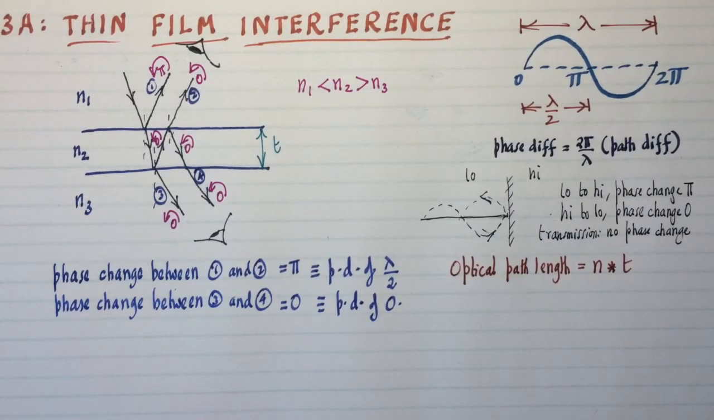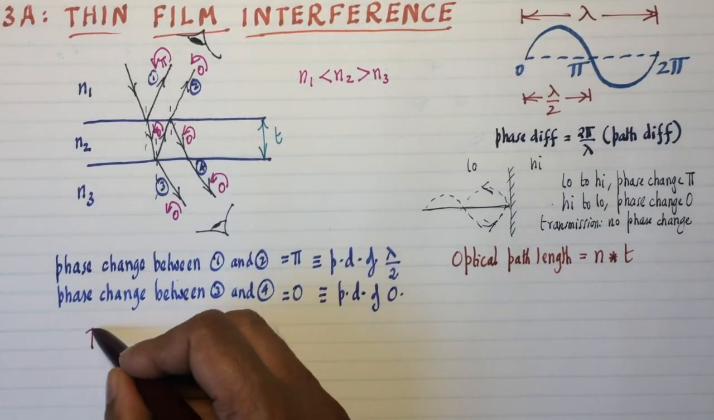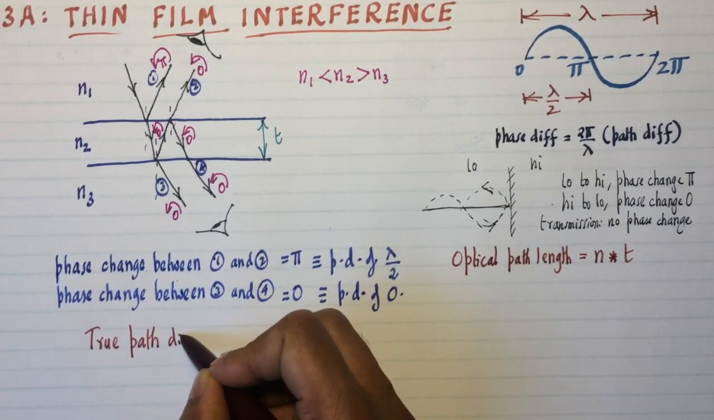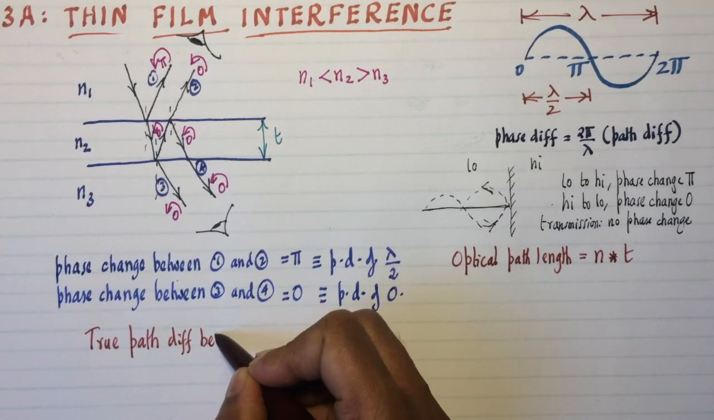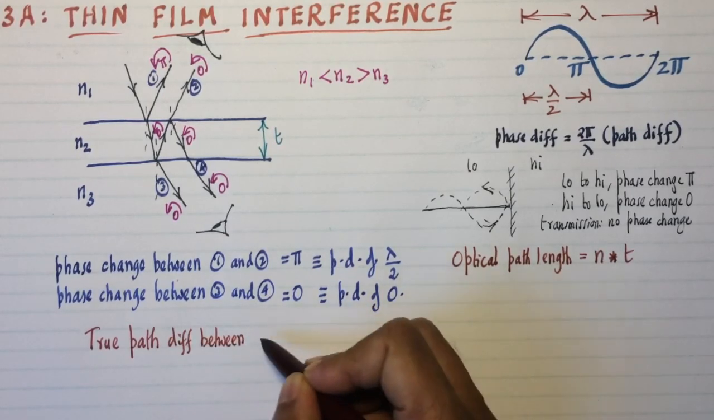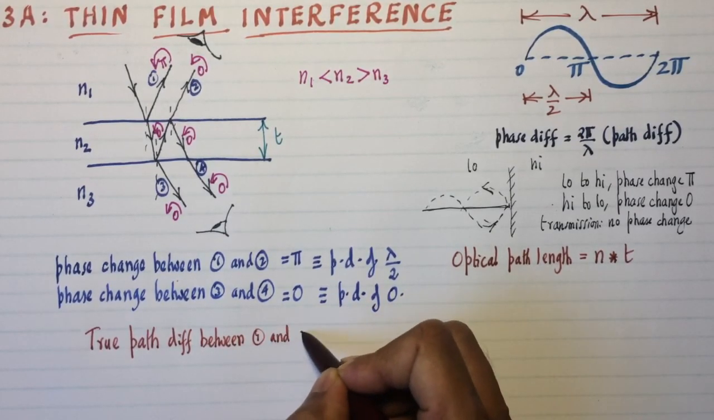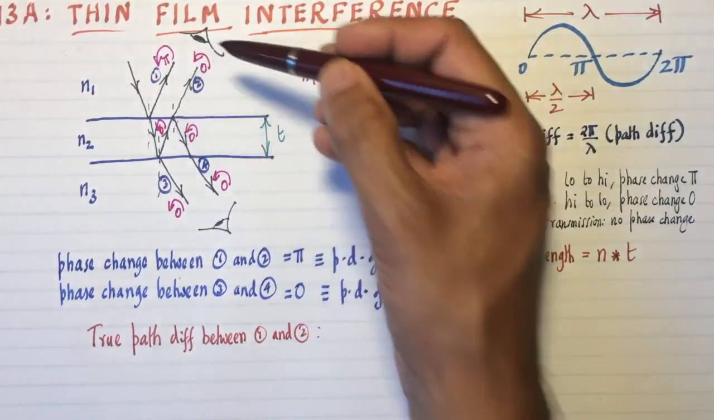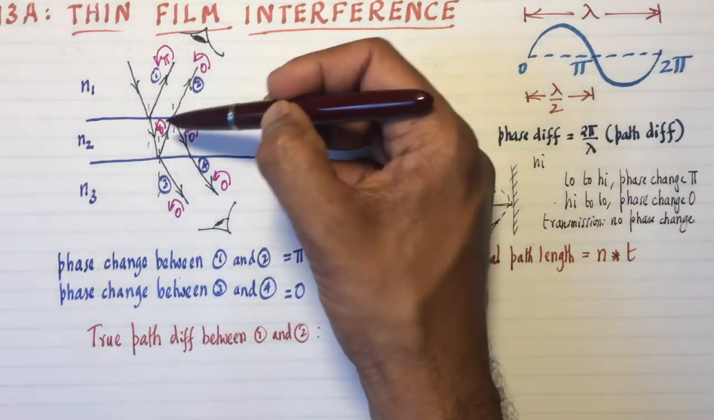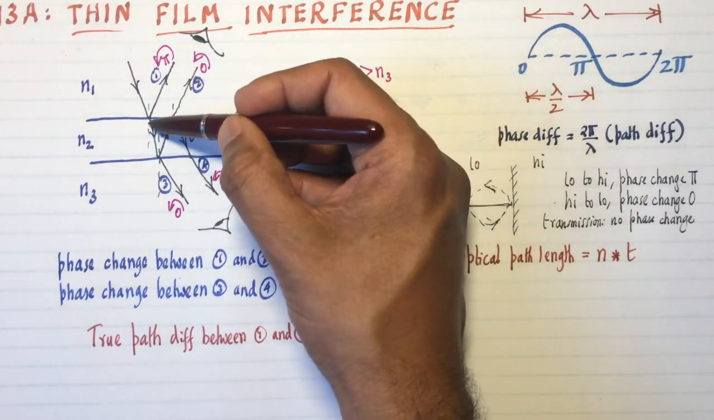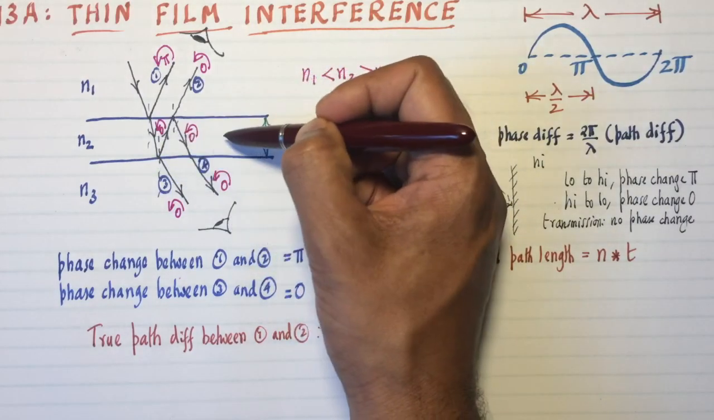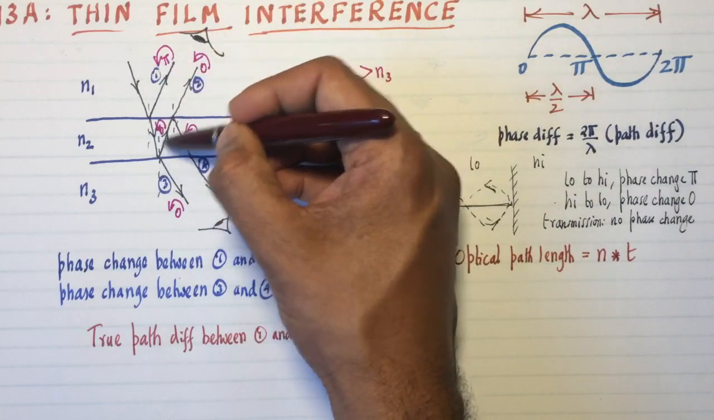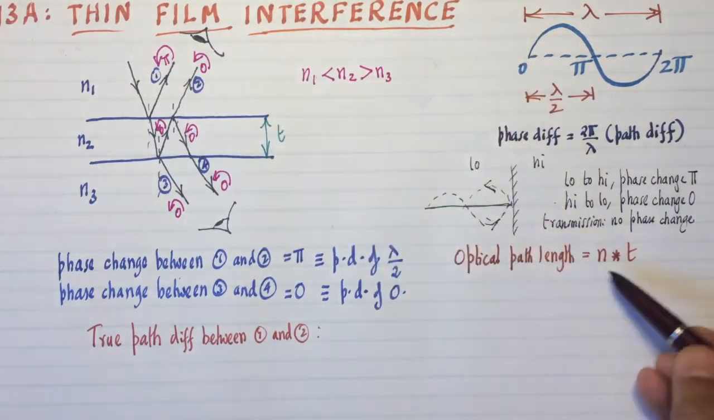So now let's try to find out the true path difference between rays 1 and 2. What is this going to be? It's going to be compounded of two effects. One is the phase change, which we've already calculated, and the other one is going to be the fact that ray 2 has got this additional path inside the medium. In fact, if the incidence angle is very small, that additional path is just 2 times t times the refractive